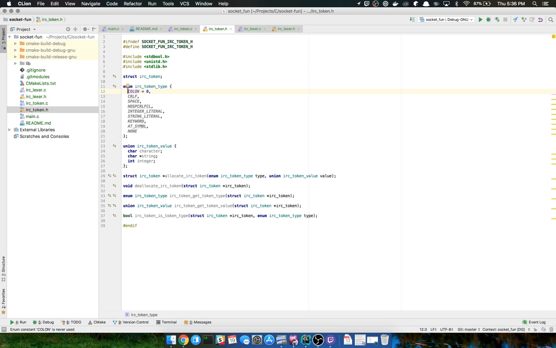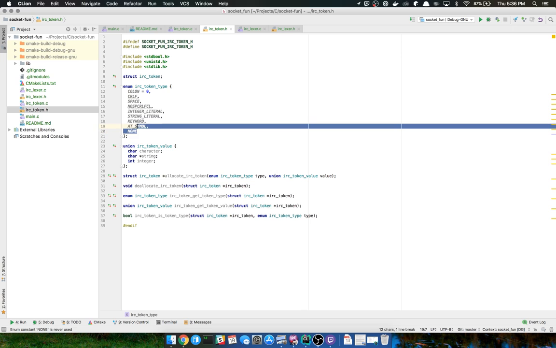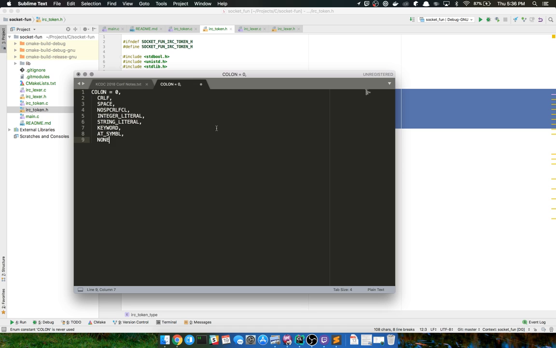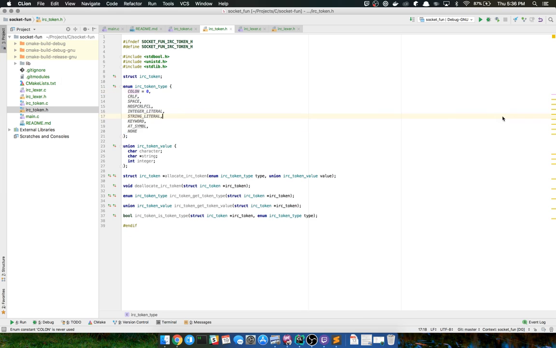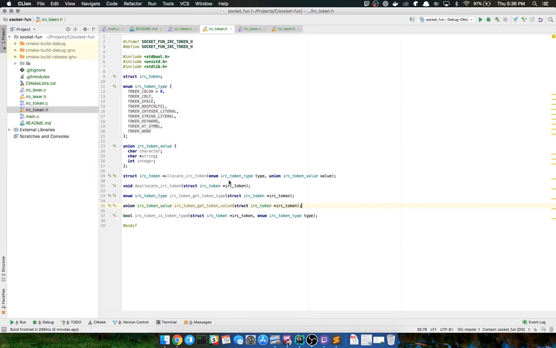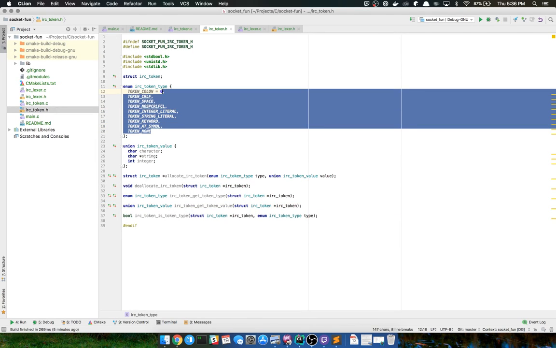One thing I forgot about enums is that they're kind of globally scoped, so I'm just going to type in some, well, what I ought to do is, this is where Sublime Text 2 comes in handy for me. It's going to open up, oh, it's from the conference notes. Get a multi-cursor going in there, delete that back, and then just type token underscore. I'm going to go ahead and copy those and quickly paste them in there. Cool. Well, I didn't mean to do that. Hold on. I meant to write IRC token in front of them. There we go. Very fast, very quick.